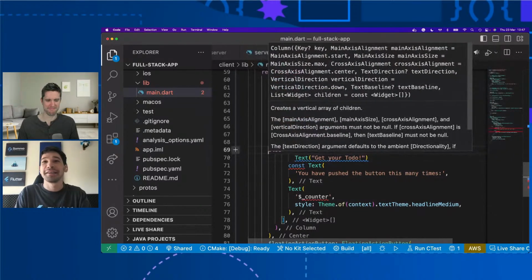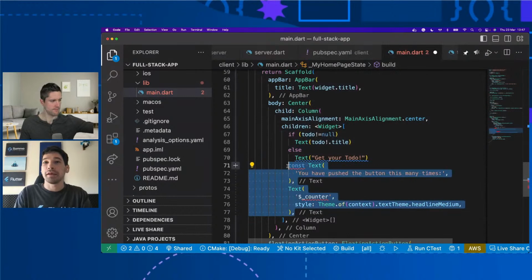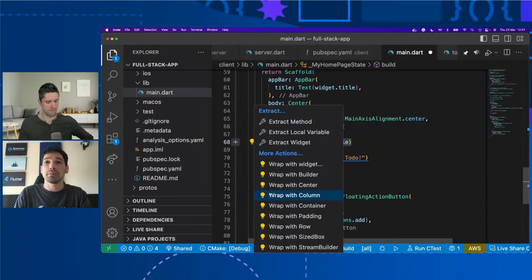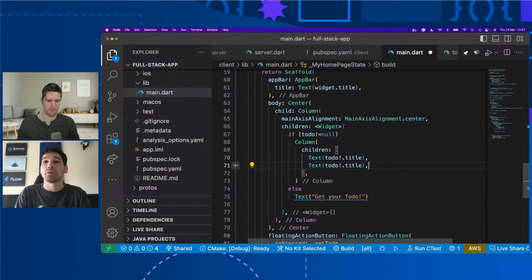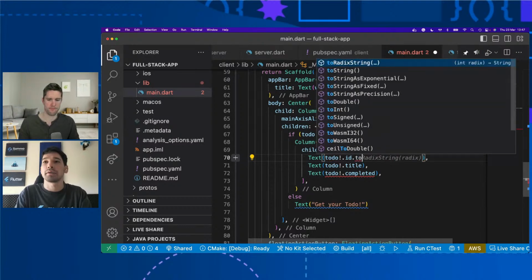But we are basically testing the whole connection. And okay, so maybe what we can do also is put this in a column so we can display more information. Actually, maybe we can display also the ID and whether or not this is completed. Okay, so this information will be an integer, so we have to parse it.